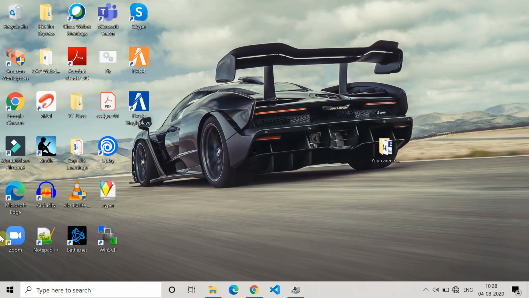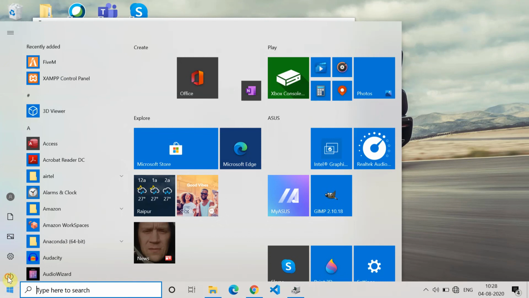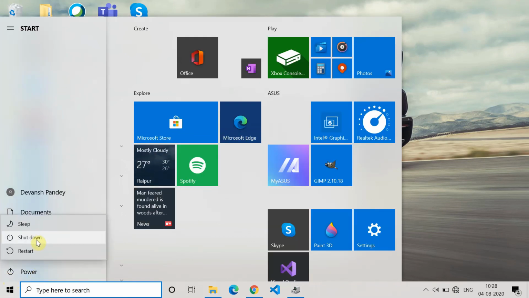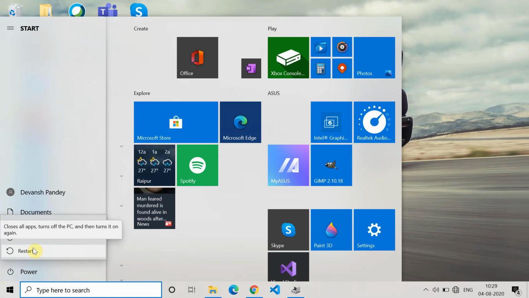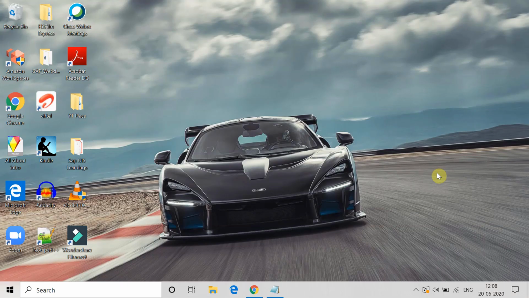Once you restart your system, what will happen? On restarting it will again install the device in your system. Then try to play the audio and check if your error is resolved or not. Hopefully this time it will surely get resolved. So these are all the methods which can help you to fix the error.